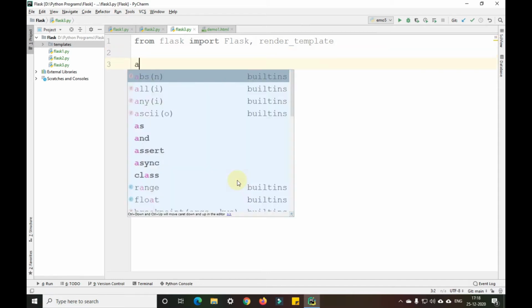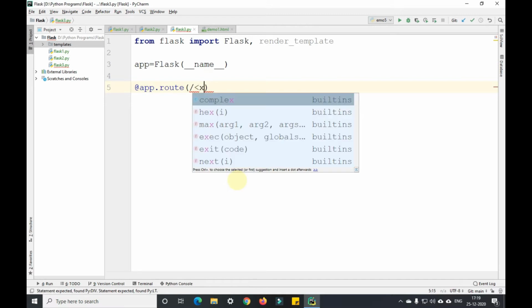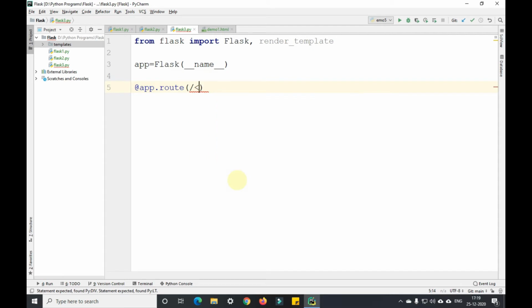Now I'll create app equals Flask of __name__. After that we'll route it with app.route. We'll give some random variable, so we'll name it D here. This should come in single quotes.